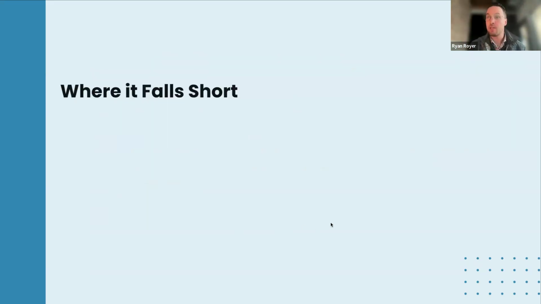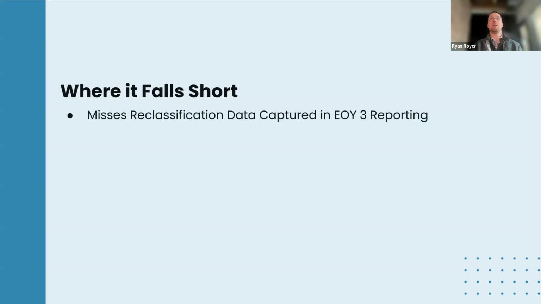Where that falls short, guys, there are shortcomings to the way that we do the enrollment data using census day snapshot. It misses reclassification data that's captured in end of year 3 reporting. So if you have an English learner that's reclassified as fluent English proficient, we pull in that data from the SERS report, but the census day snapshot won't hold that data because it's paused at that point